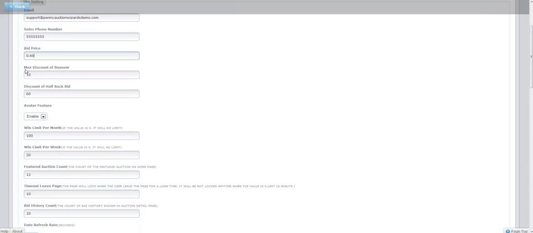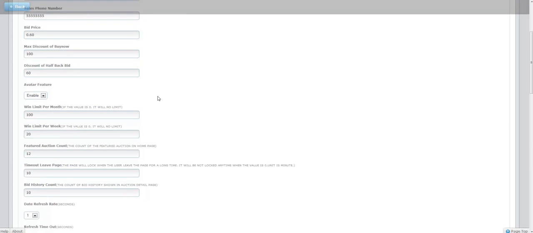The max discount of the buy now. This has to do with your global buy now settings. If you set this at 100%, then users who are bidding on your auctions, and if you have buy now enabled, will get a maximum discount of 100%. So what that means is if your bids are set at let's say $1 per bid,